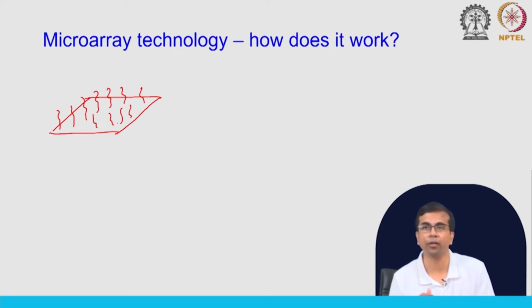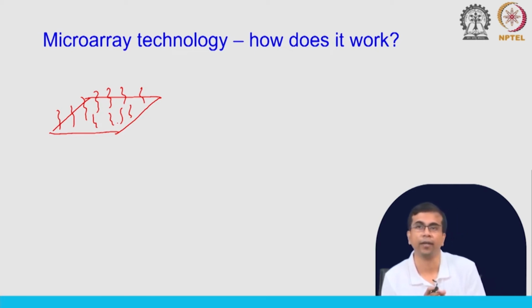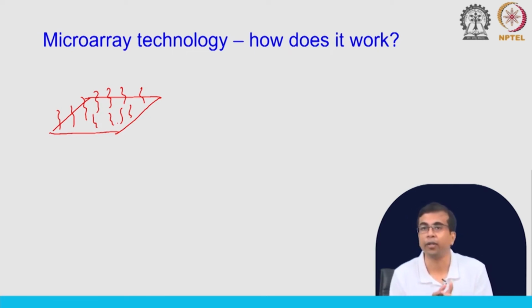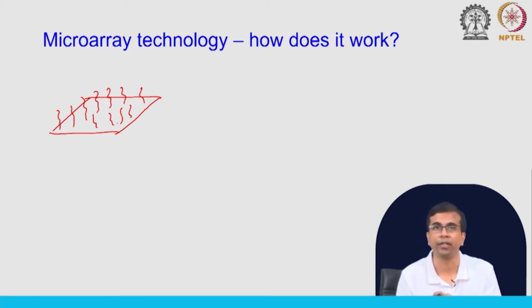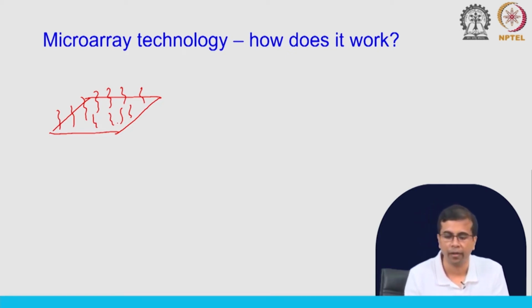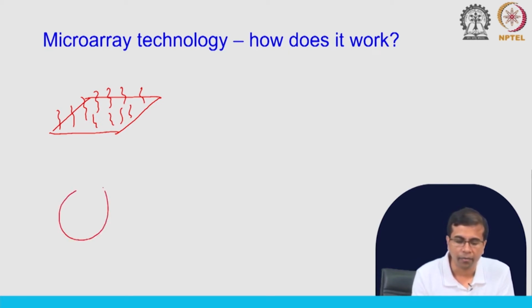So, again you can also control how many probes you can have. You can have between hundred thousands to millions. So, you can have these probes that are complementary to some region of the genome sequence that you are working with. Okay. And what you do now, if you imagine this, this is your sample,